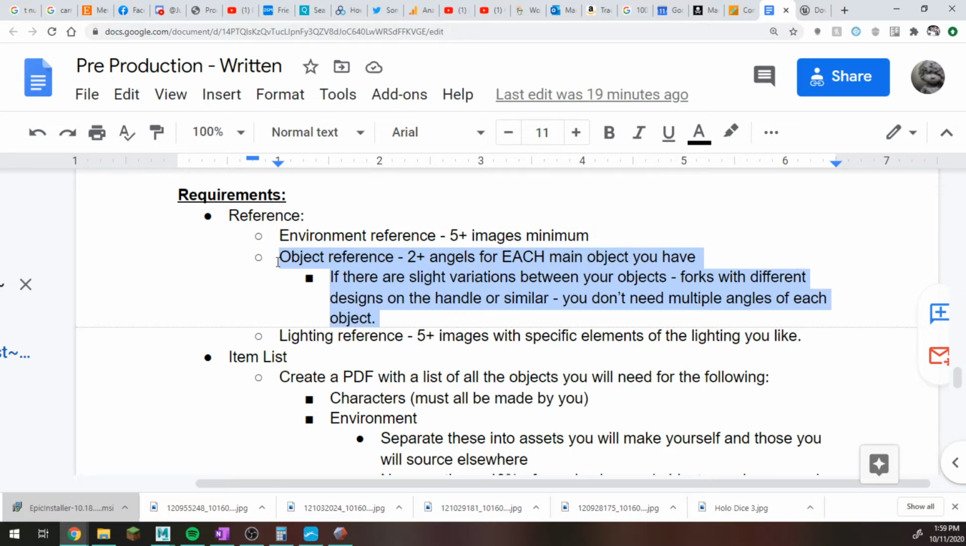For whatever main objects you're using for your characters, you want 2 angles for each of your main objects. If you can find orthographics, awesome. If you own the object and you want to take orthographics, even better. But you're just looking for, again, at least 2 angles of each main object. And this should be,